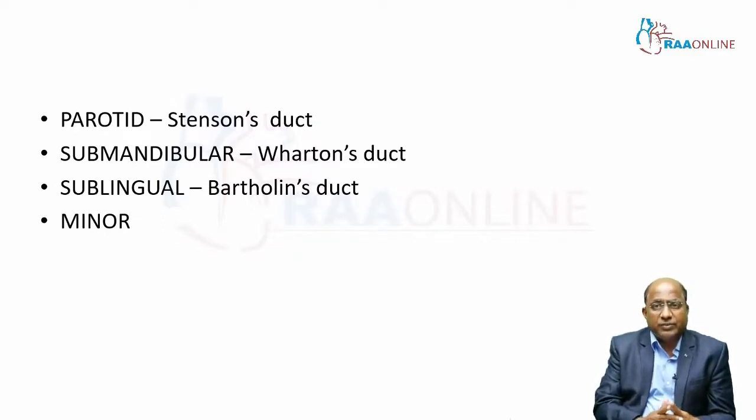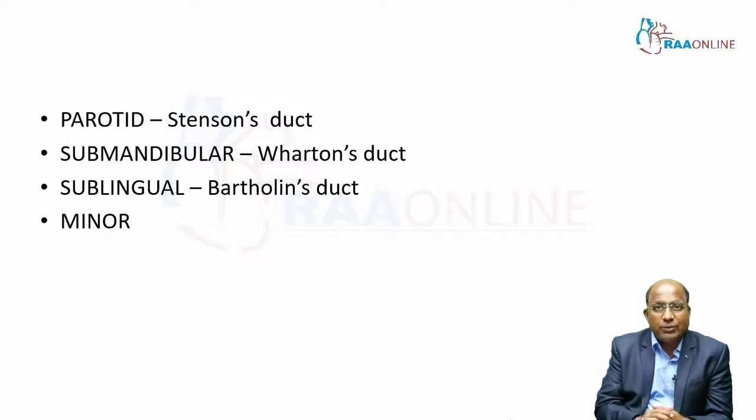The parotid duct, which brings the parotid secretions into the oral cavity, is called Stensen's duct, which opens in the buccal mucosa opposite the upper second molar. On either side of the tongue, just lateral to the lingual frenum, we have the submandibular duct, which brings the secretions from the submandibular gland into the oral cavity. That's called Wharton's duct. And around Wharton's duct you have a few, 10 to 12 openings, which are Bartholin's ducts,